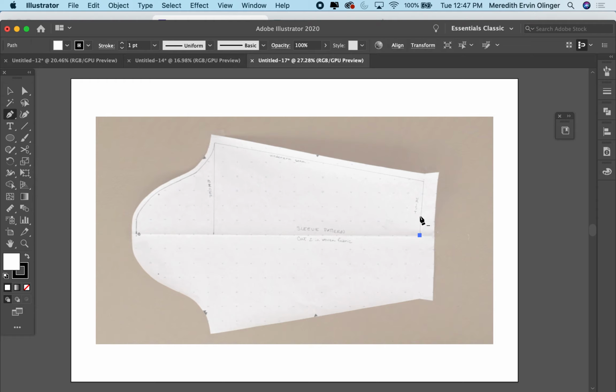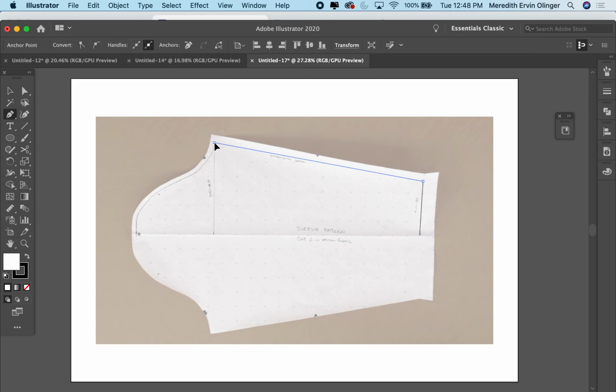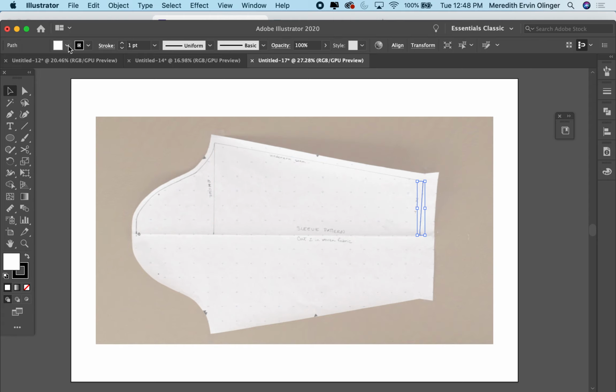So I'm going to start here, come up, come over here. Oh, I don't want that actually. Let's get off of that, delete. I want to get rid of that fill. Okay, so now we just have a stroke and no fill. All right, I'm gonna delete you too. All right, once again,